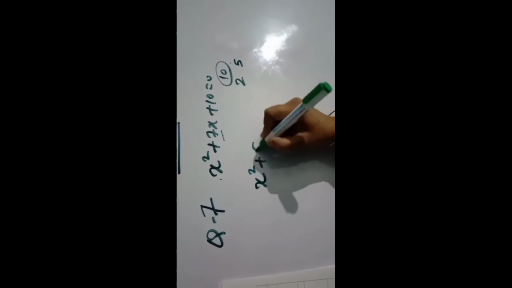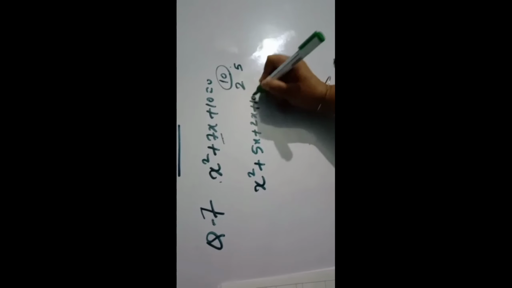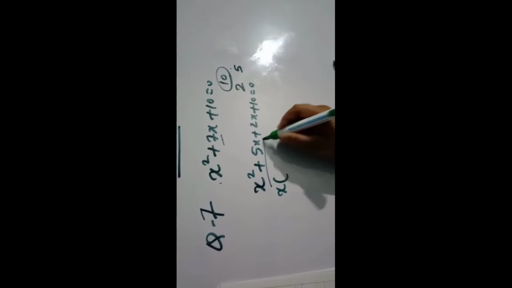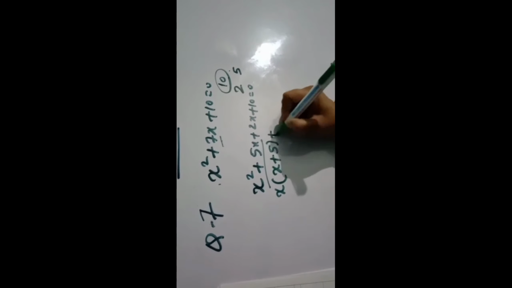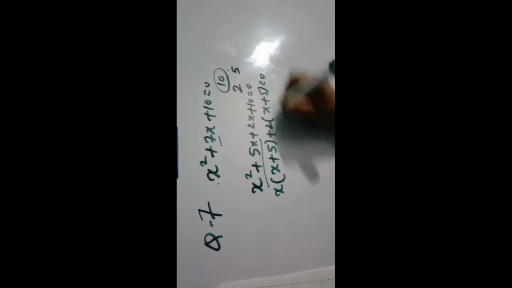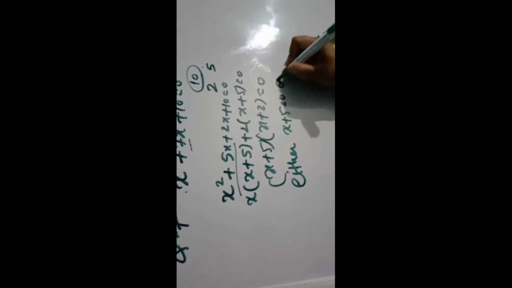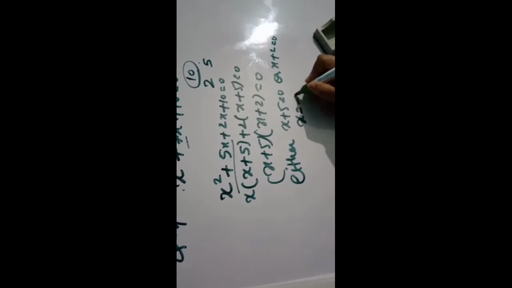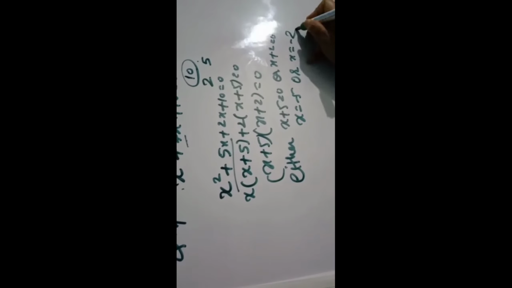Now question number 7, find the roots of the equation. On this I have put many videos on how to solve it. Firstly you will see that nothing is there, means 1 is there. 1 into 10 is 10. You have to make factors of 10 so that you will get 7. Clearly 2 and 5 are factors of 10, and 2 plus 5 is 7. So you will get x square plus 5x plus 2x plus 10 equal to 0. X will come common, out of these you will get x plus 5, 2 common, x plus 5 equal to 0. From here x plus 5 common, you will get x plus 2 equal to 0. Either x plus 5 equal to 0 or x plus 2 equal to 0. So x is equal to minus 5 or x is equal to minus 2 is the answer.